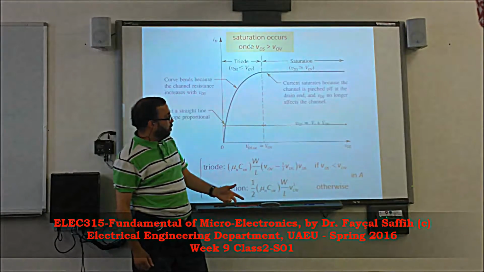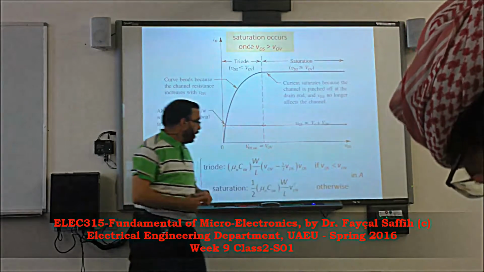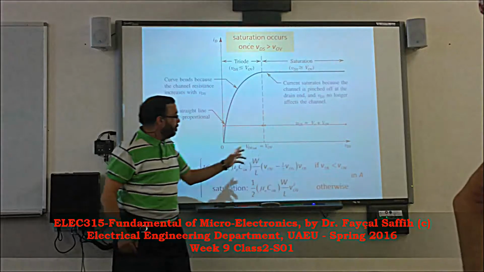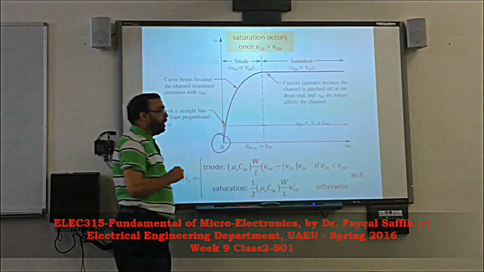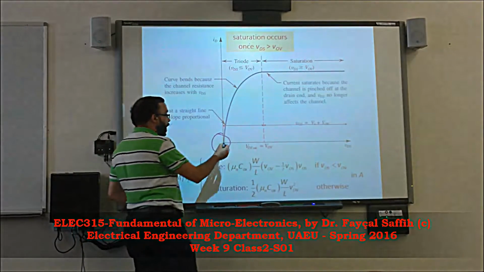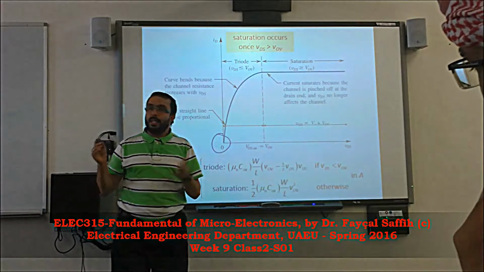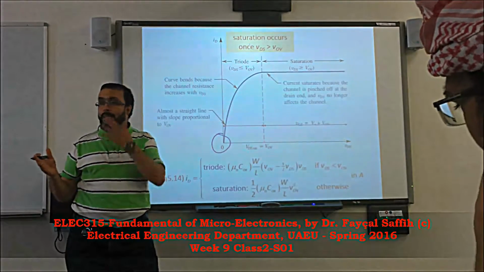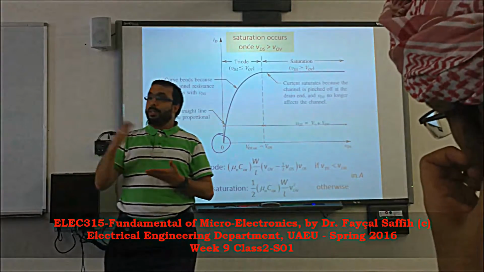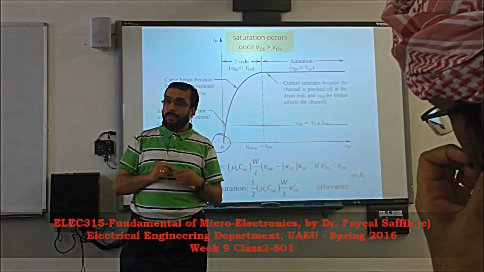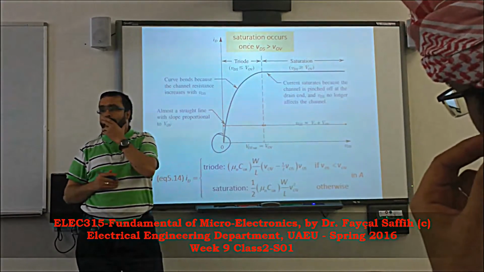And what did we say again? Something maybe we did not mention before. If you take this equation for the triode, remember that we did study the case when we have VDS small, and we mean by that VDS close to 0. Here we found out that there is a linear relationship between ID and VDS. And from there we got the resistance, which is variable, dependent on the overdrive voltage. That's number one. We come back to that in a second. The other one is,